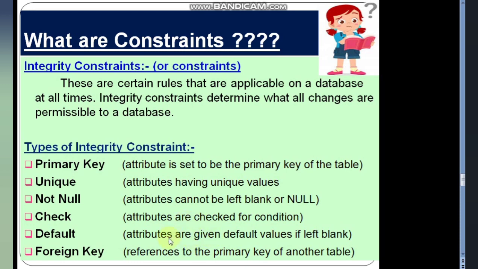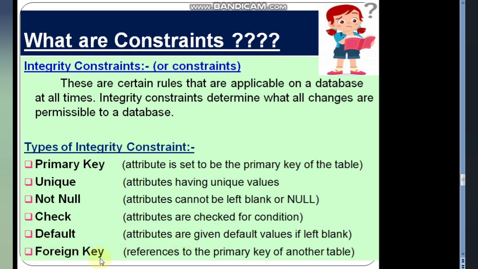So if you leave the stream blank for Ajay, it will by default take arts for Ajay. When you see the records, you will see that Ajay has been allotted arts stream by default. So this is what default constraint is.